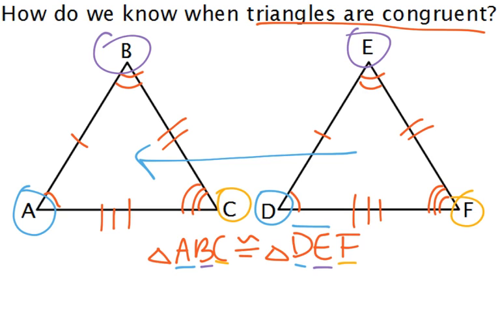Right, like side DE and AB, BC with EF, and so on and so forth, AC and DF. Alright, but